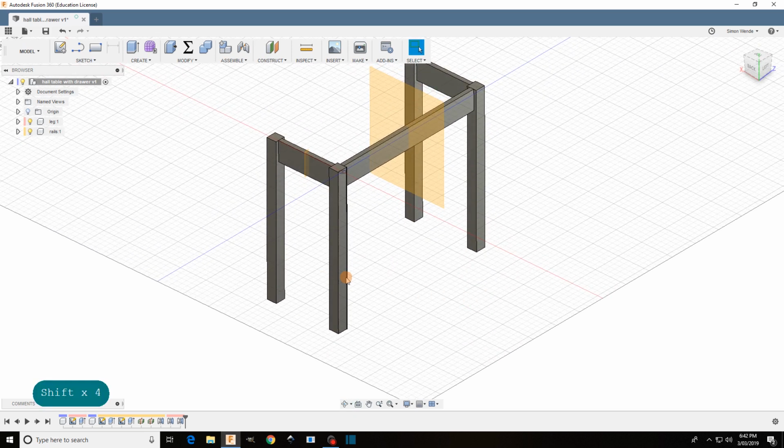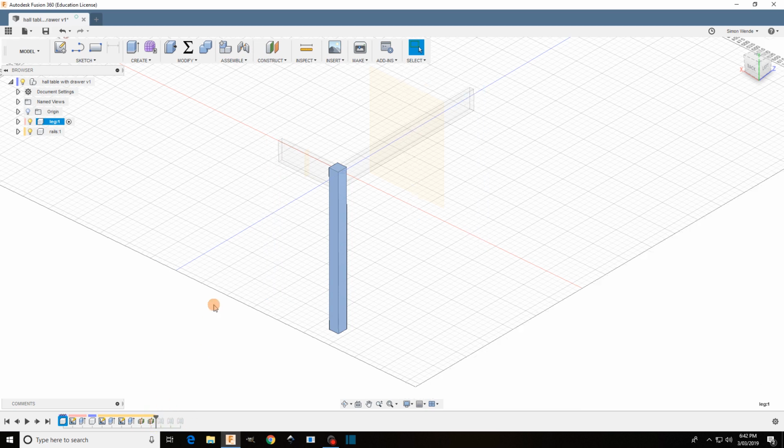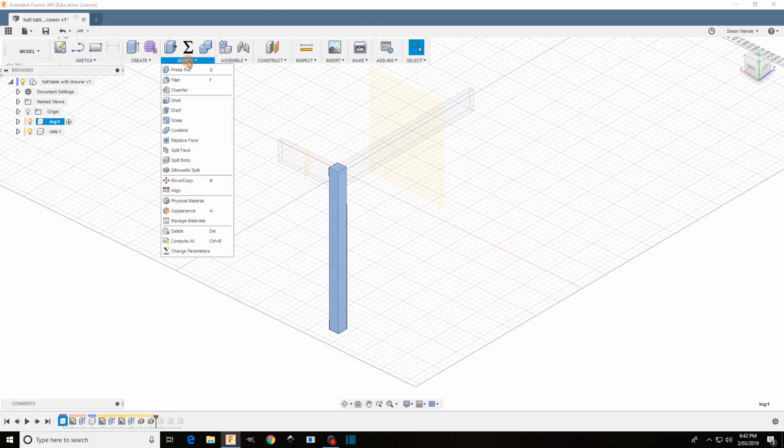So I'm going to spin this around so I'm looking at the outside planes. There we go. And I want the feature of the taper to be in the legs component. So I'm going to activate that one. And I want to put in that taper before I mirrored the legs, when I only had the one leg. So I'm going to go back to here and then put the taper in. Okay, so there I am. I've gone back in time to before I mirrored the legs, and I'm going to go modify,